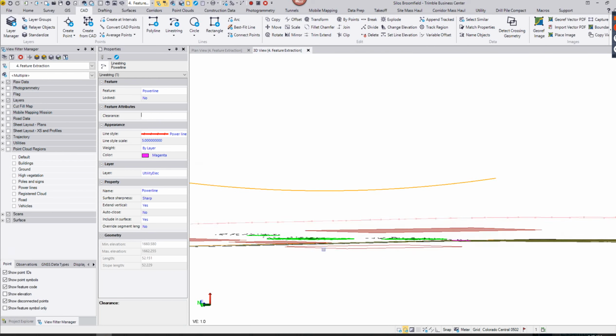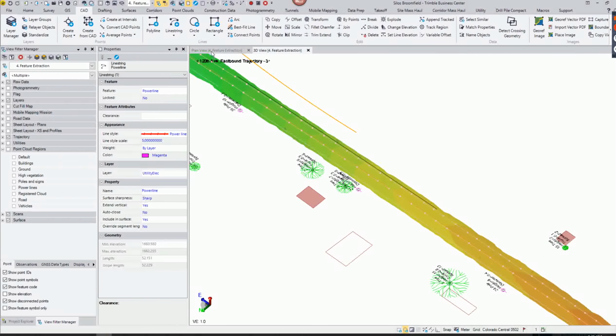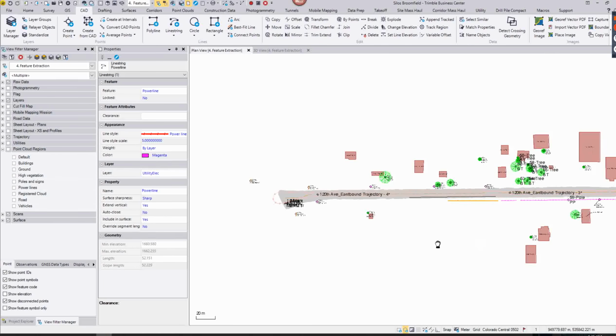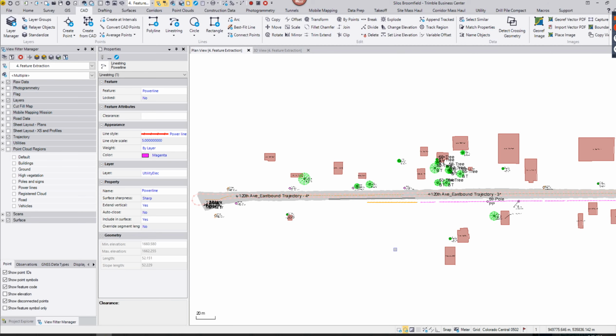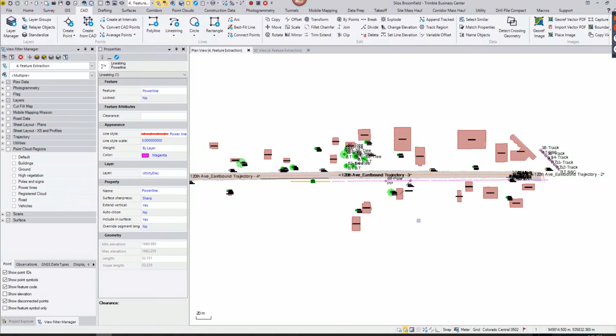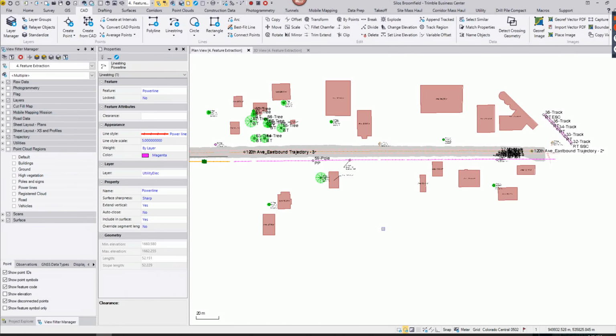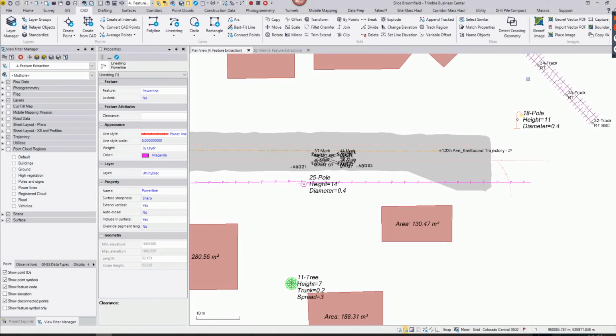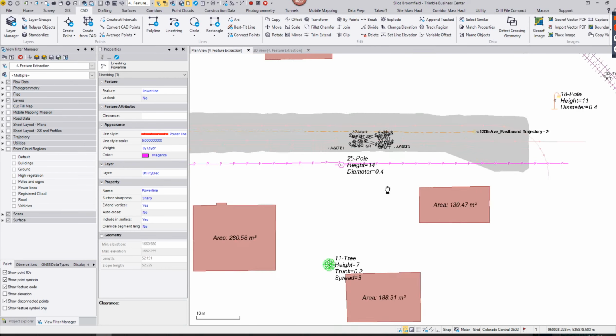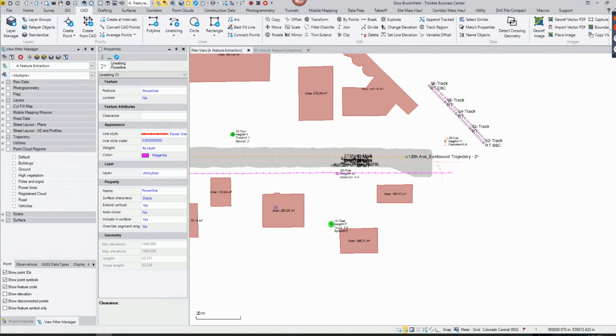Seems like we're running out of time, but the basic idea is inside of TBC, you can post-process the trajectory, generate the point cloud, register the scans to ground control points to guarantee the best precision from the point cloud. And then from the point cloud, you can create a lot of features. You can extract a line work like I did here. You can label these features and also in the end, draft everything into nice drawings